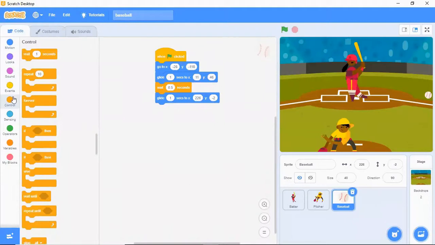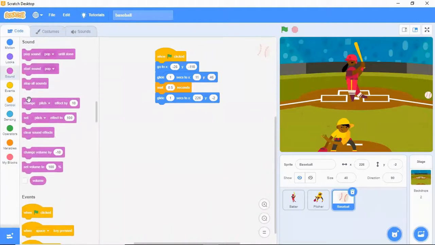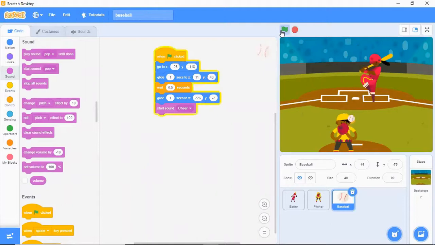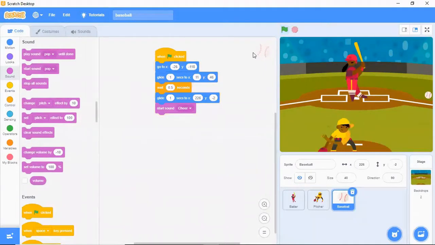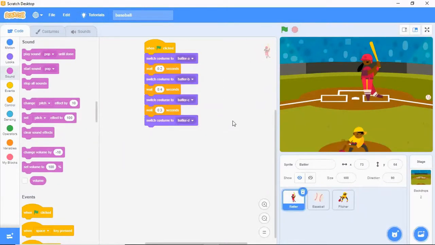I'll come back to code, sound, start sound. I'll drag and bring it in the script area. Here. Okay. Now, I'll adjust the wait time so that we get the proper action.